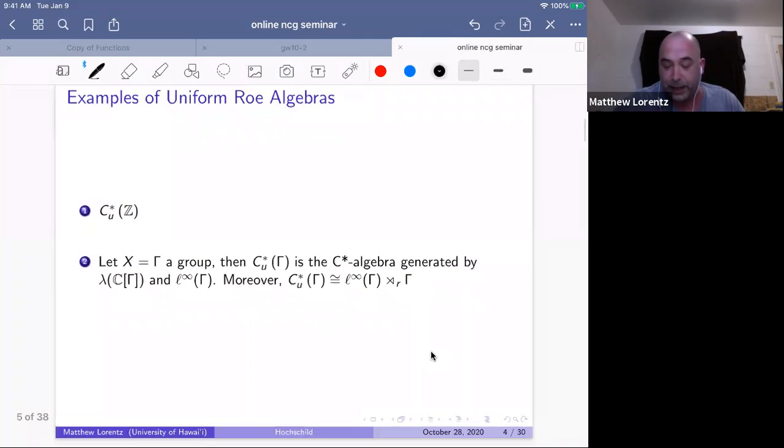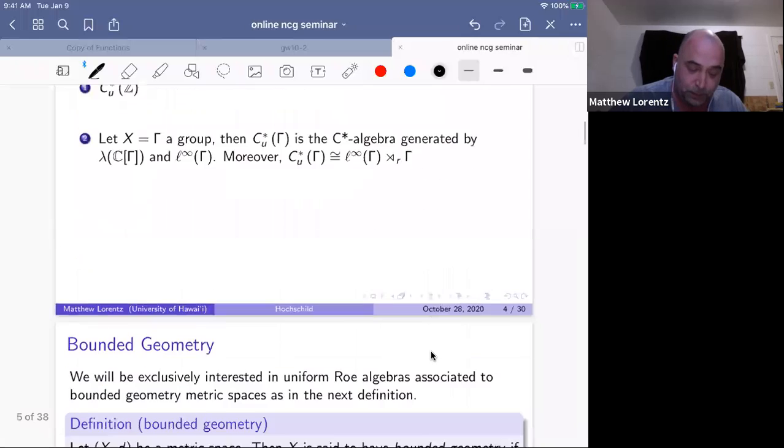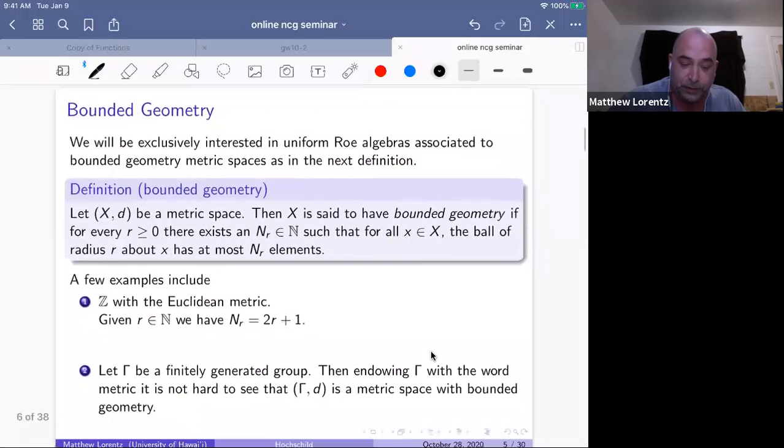Another way to look at it is if we have gamma a group, we can take the uniform roe algebra of that group, and that would be the crossed product of L-infinity of gamma with gamma. Okay. And for this talk, we're going to be exclusively interested in uniform roe algebras that are associated to bounded geometry metric spaces. And by that,